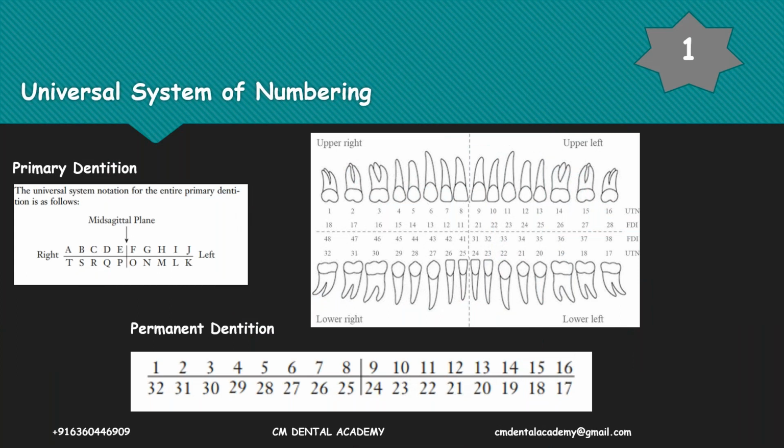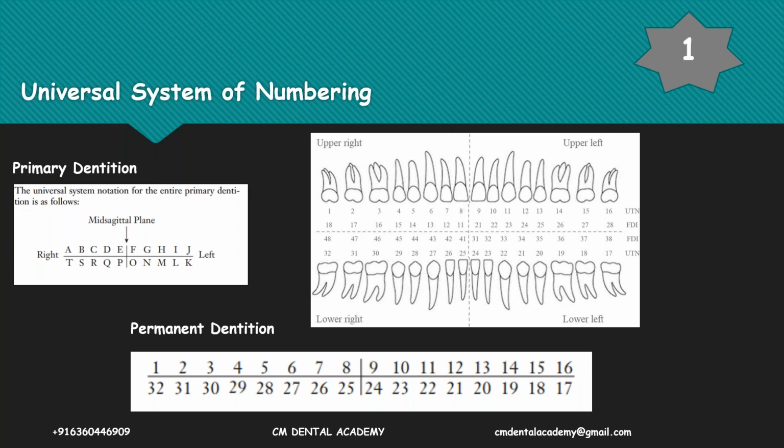To begin with, the universal system of numbering. The universal system of notation for primary dentition uses upper case letters for each of the primary teeth. For example, the maxillary teeth beginning with the right second molar, letters A through J, and for the mandibular teeth, letters K through T, beginning with